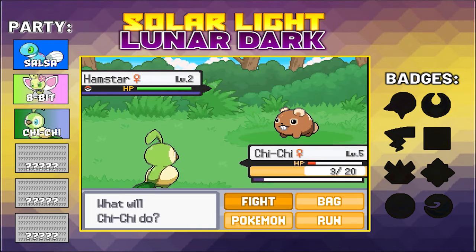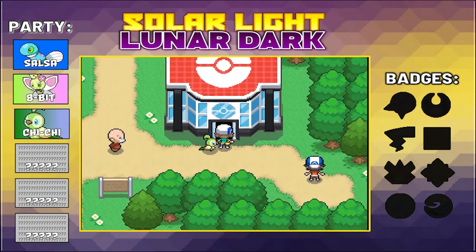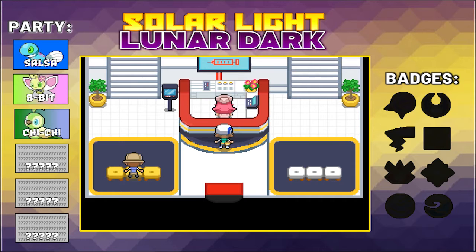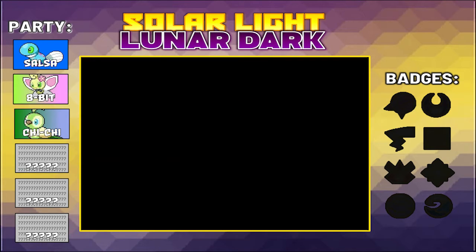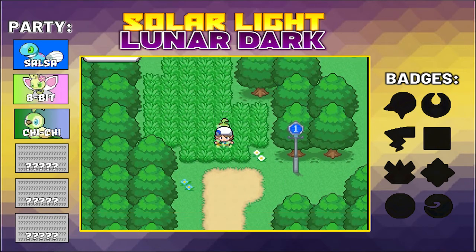Alright, this is a level... Oh, I forgot the Yo-Yo. I was gonna say, if you can't even beat this level 2 Hamstar, then we have a real problem here. See, I was expecting a quick turnaround. Like, I cheated a little bit with 8-Bit, but only because I saw potential in her, so...